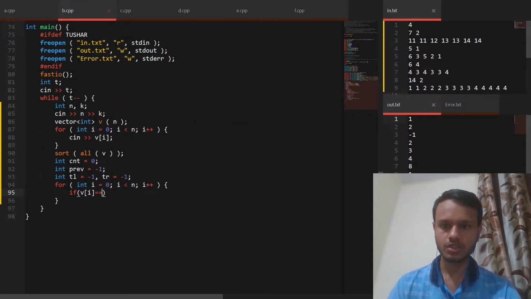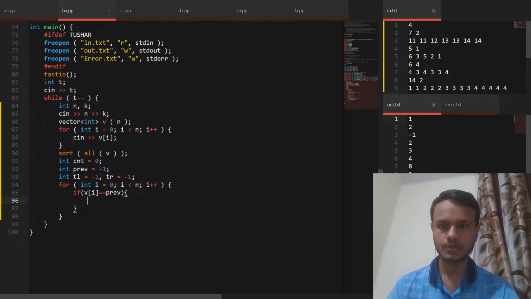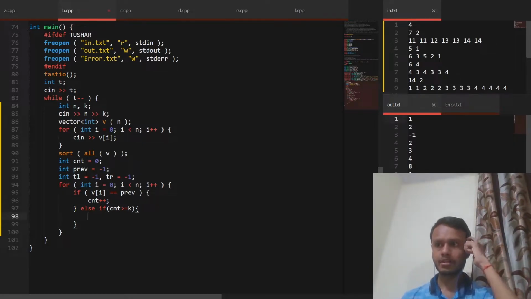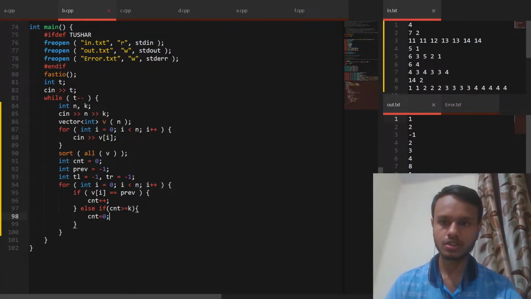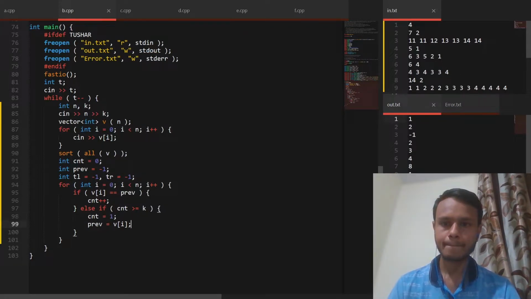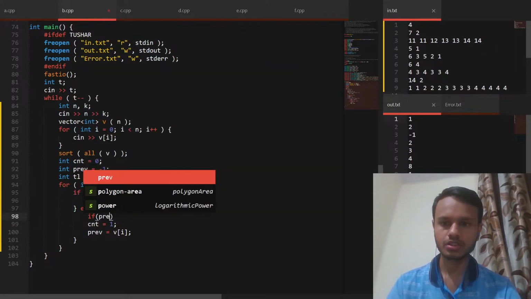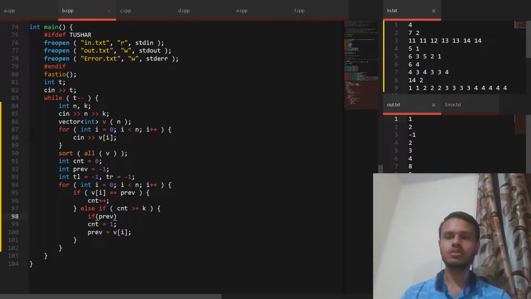So if v of i is equal to previous, then just do cnt plus plus, else if cnt is greater than or equal to k, then first of all cnt will be equal to 0, actually cnt will be equal to 1, and previous equals v of i. And now check if previous